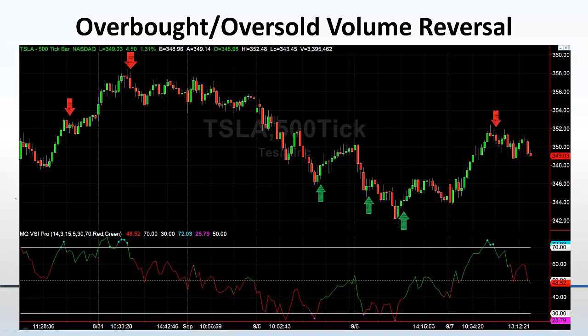Okay, so for example, we get extended right here. We're extended to the upside, volume dries up, it triggers right there. It doesn't sell off, it starts to bounce. You're right back out immediately. Anybody that tells you that their strategy never loses or anything like that, they're full of it, and you should run away as fast as you can. All right. Again, it's all about controlling those losses and moving on.